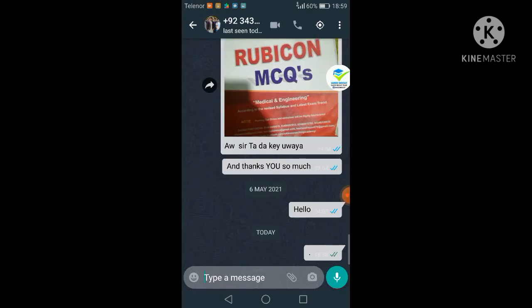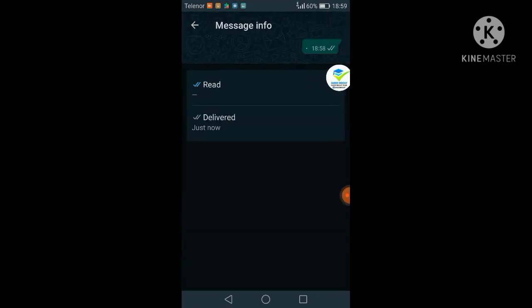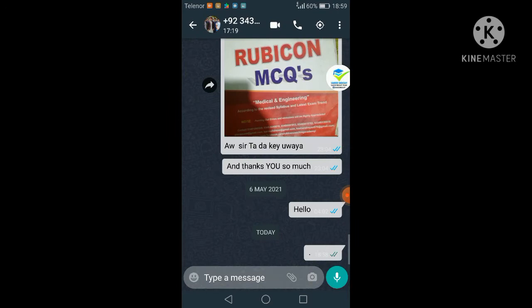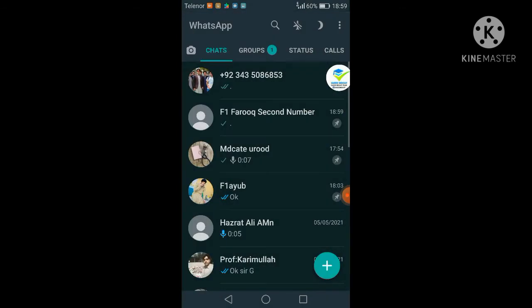And if you see that this person has an internet connection, is online, and is using WhatsApp with data, then the message is delivered. So if he reads the message, then the two tick button will come to you.